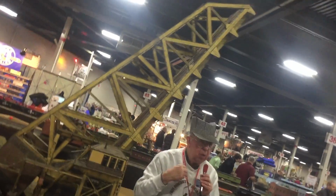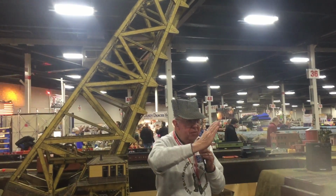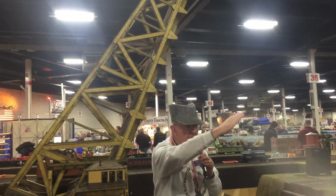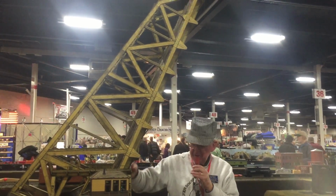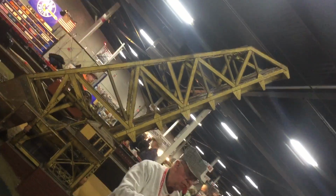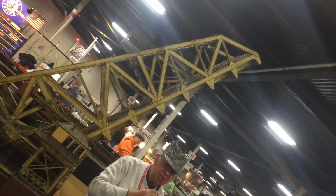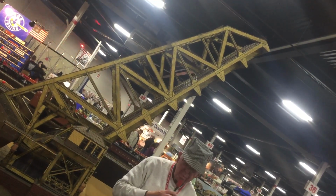So, anyway, you can see how a normal bridge, if it just pivoted like this, would be way out here like this. Okay? This actually can go straight up and down, but some of our scenery people got some scenery in the way, and they get mad at me if I break it. All right, now we'll take it back down, because whatever boat went through,